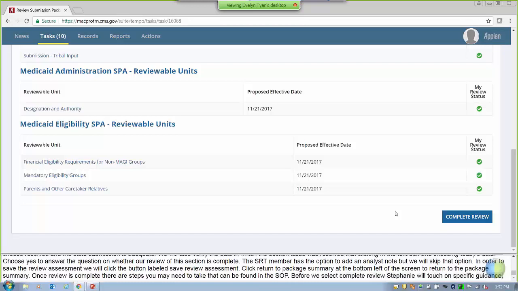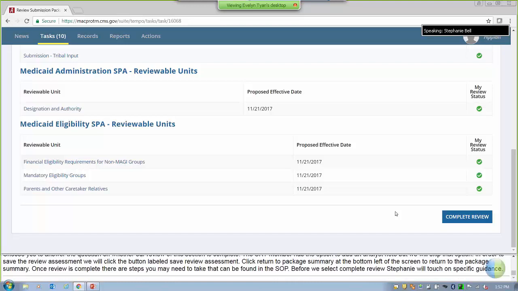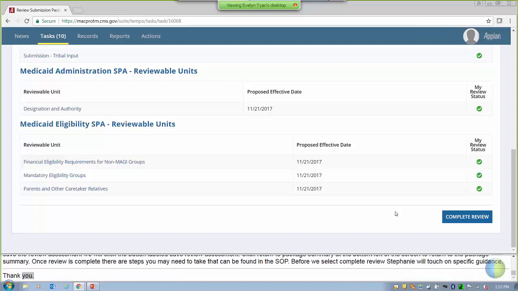Thank you. So I wanted to flag that I think the review tool feature is one of the coolest things about MACPro, in that you can see not only where the state has made a change when they return a spot to us, but what they changed. Some of them are a little bit hard to lay out side by side depending on where it is in the state plan and if it's part of a table or how many different options there are. But we tried to make it as clear as we could so you could tell specifically the change that's made,